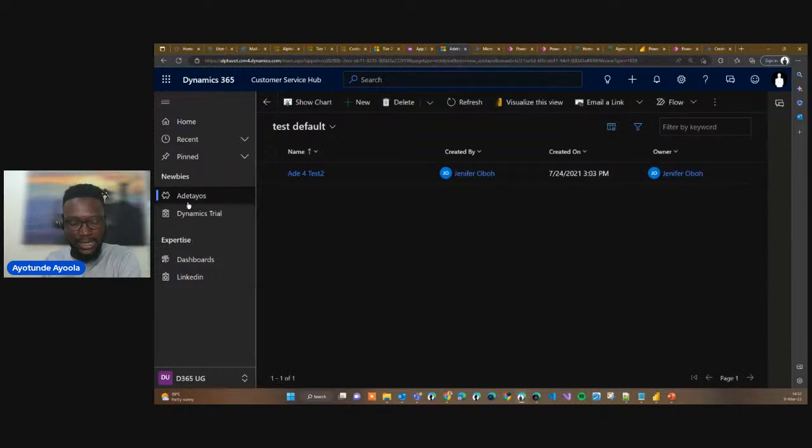And you can see that everything we added, the table, the dashboard, is there. If I click on this Dynamics trial, it should take us to another page entirely. Remember, it's a URL. So if I click on Dynamics trial right now, can you see it opens trials.dynamics.com,